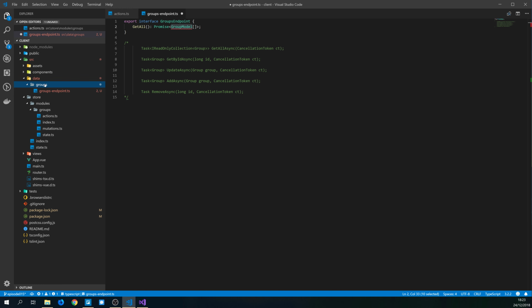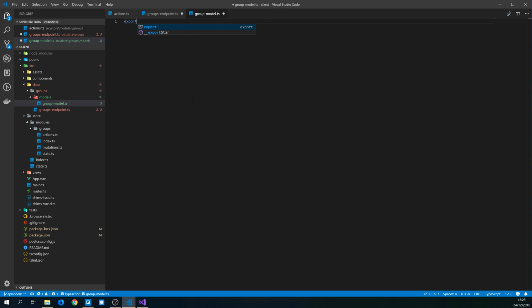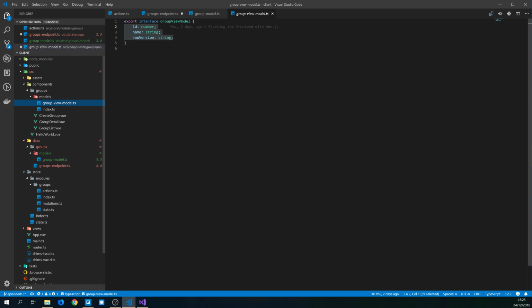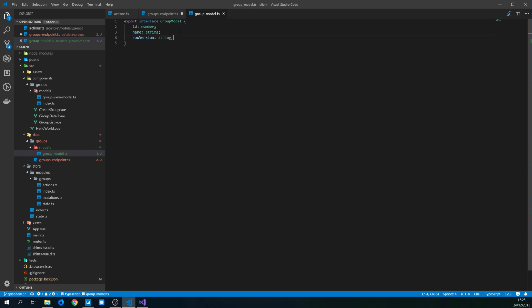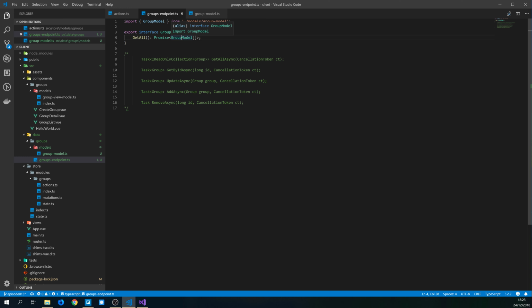So we need this group model. Let's create it here. Model.ts, export interface, and it will be again the same as this one. I'm probably doing too many layers for the front end, but it's what I'm used to in the backend. So import, okay, so get all returns a promise of group model array,